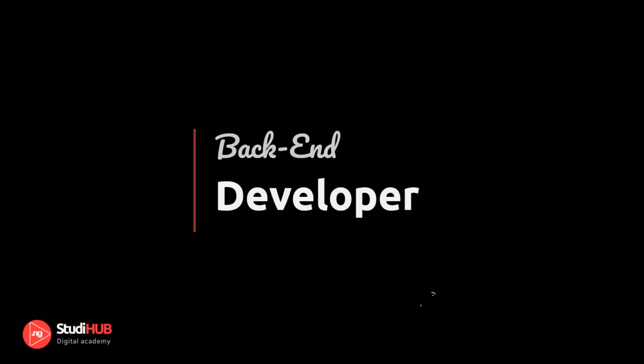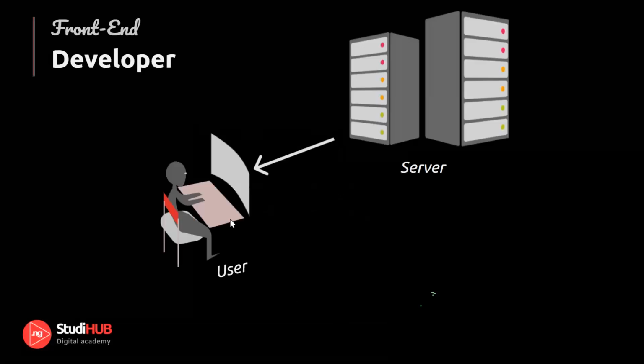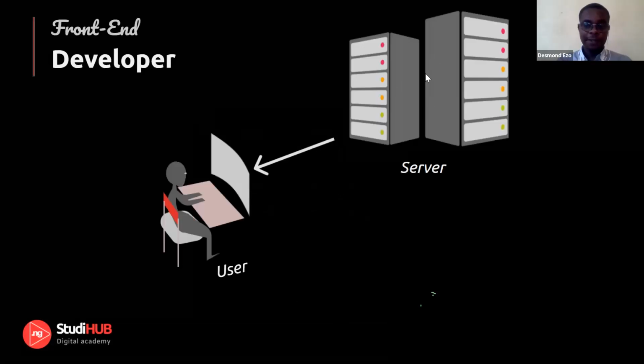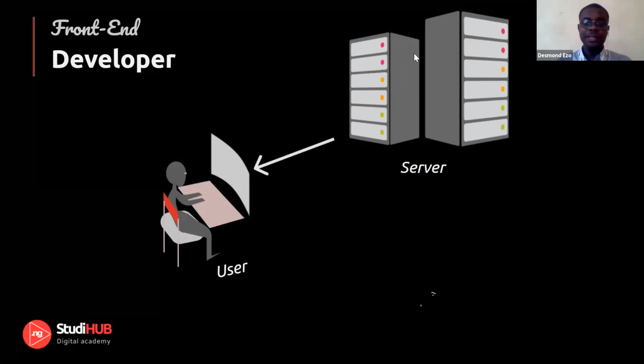So a backend developer is somebody, from the diagram, you saw that a website is stored on a server. So a backend developer is the person who writes code that would be stored here, that would run here. As a user, you would not actually interact with the code directly. When you visit a website, don't worry, things will get clearer when we start the practical session. But when you visit a website, a copy of that website is delivered to you on your computer. That's the reason why you are able to interact with that website.